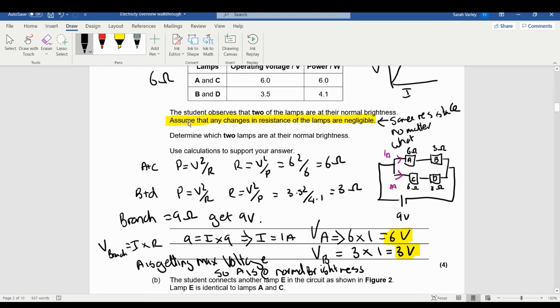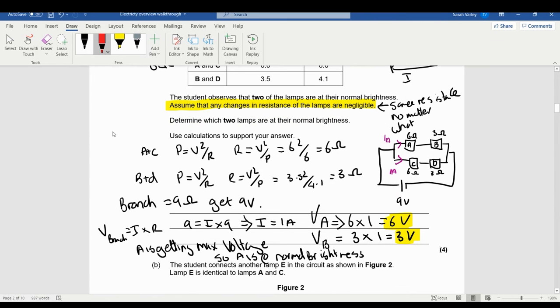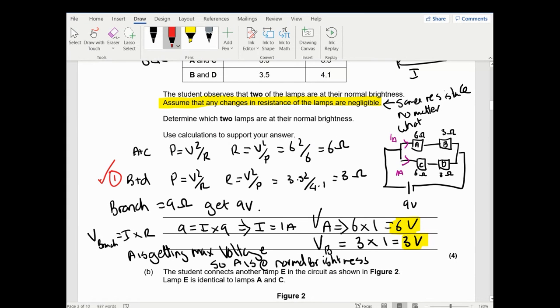Okay, so A is getting the maximum voltage, so A is getting the normal brightness. And as you can see, what I did here is I literally just looked through the circuit. If I go through the mark scheme itself, you get 1 mark for working out the resistance, so 1 mark for doing the resistance calculations. 1 mark here is for working out these voltages here, and 1 mark is for identifying that